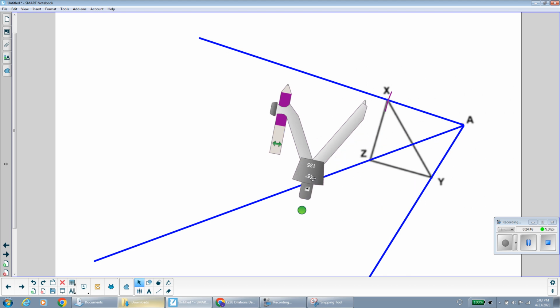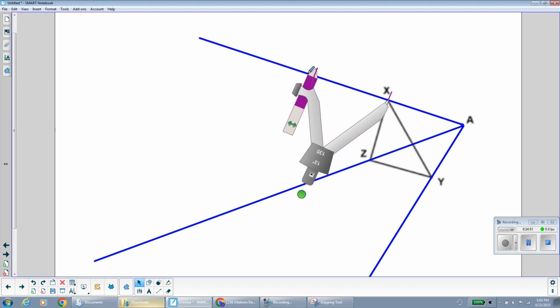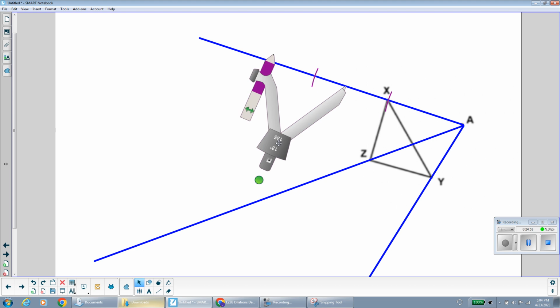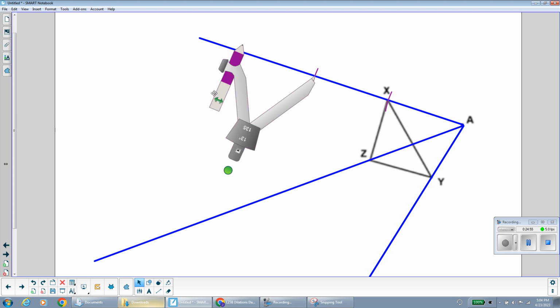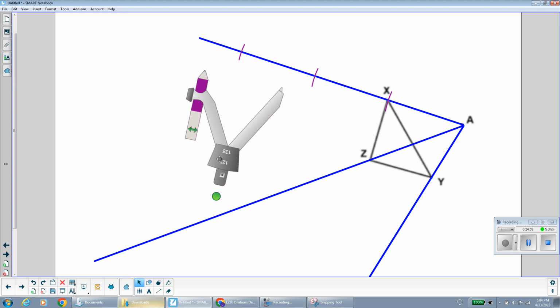If I go over here and repeat that distance, that's going to be doubling the distance, but I want a scale factor of 3, not a scale factor of 2. So I'm just going to go ahead and triple that distance. And right over there is where my point X prime will be. Okay, so I'm going to do the same exact process